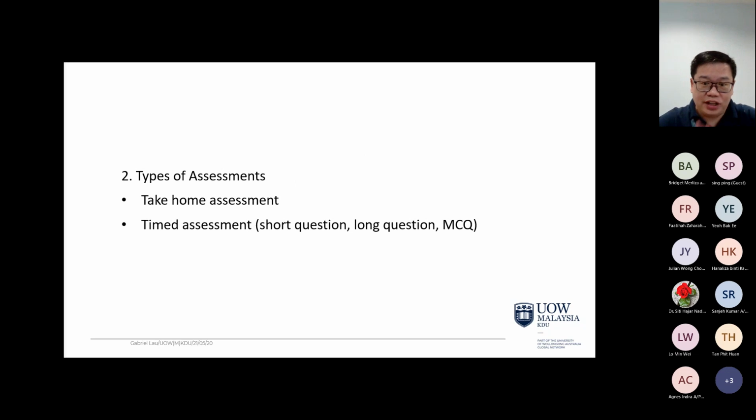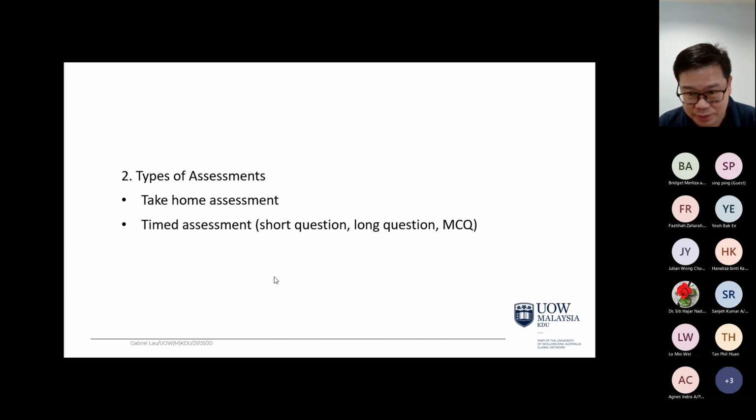Now, this is generally, I'm not talking about what we do over here. Currently, the government already states we must all do physical exams. All right, it's back to normal for your final assessment. But in a general sense, if you're doing an online assessment, it can be a take-home assessment, it could